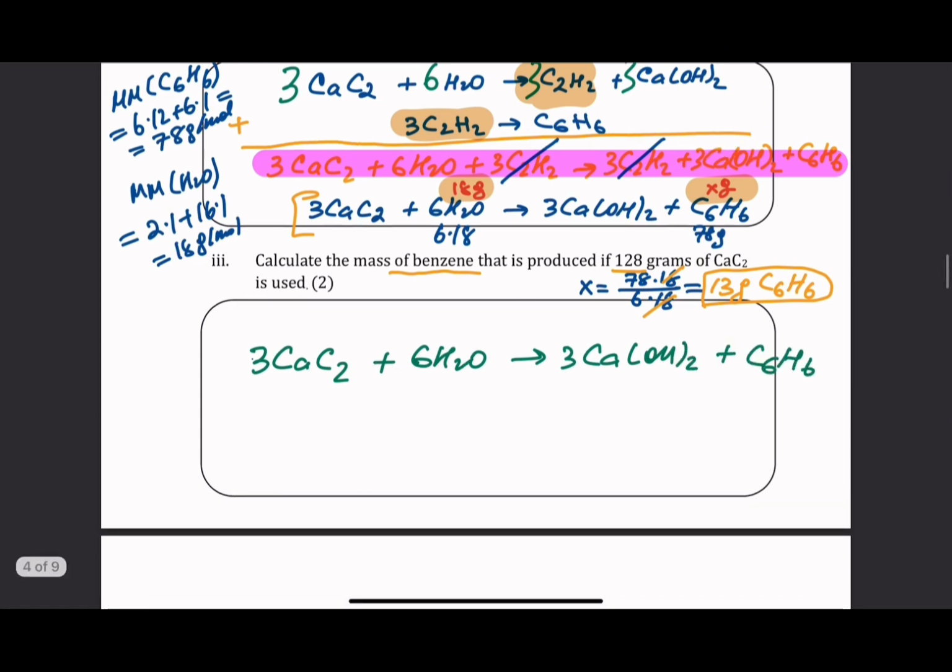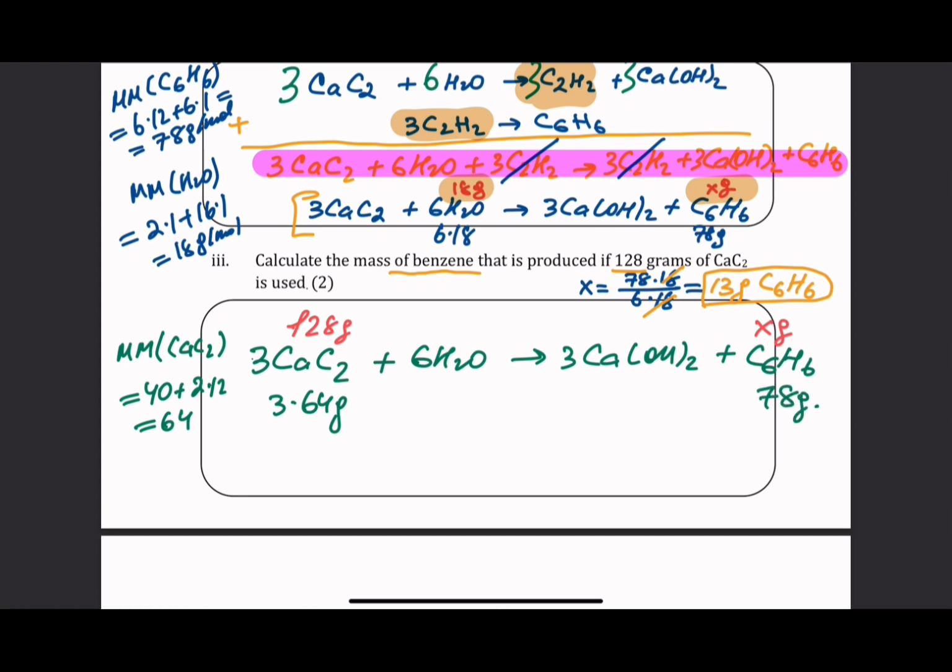So 128 grams of calcium carbide, right? This is the stuff that is being asked from me, and it's asking me how many grams of benzene will be produced. In this case, again, we need to find the molar mass of calcium carbide, which is 40 plus 2 times 12, which is 64. 3 times 64 grams, and then C6H6, if you find the molar mass, which we did above,